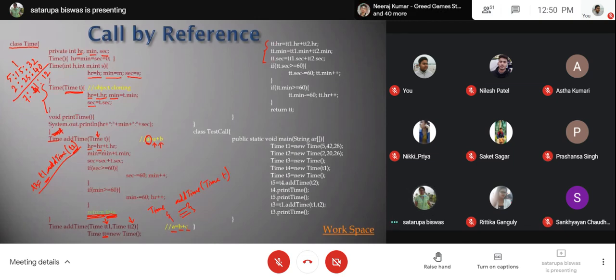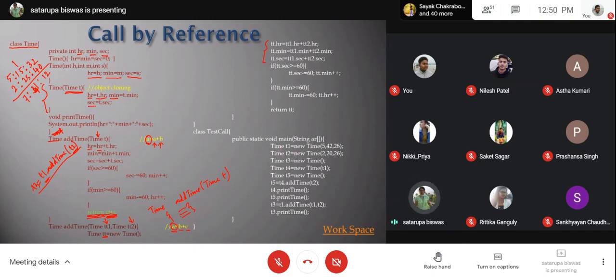So before returning from this method, you should return the values of this TT to the third variable. Okay? Now after that, you just check the same thing for TT.second and TT.minute. If they are greater than equal to, so obviously you have to perform the operations accordingly. After completion of the addition, now you are returning the TT. So that could be received by your third variable A present in your program.